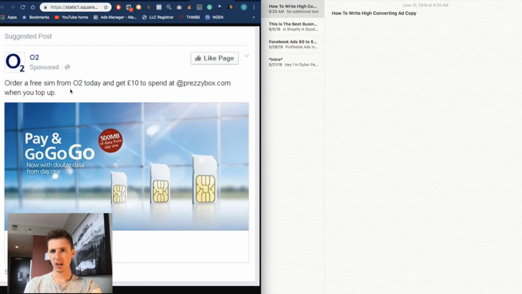Second, this would work as an offer. Let's say they drew me in, they explained that there's an issue with regular cell phones and the SIM cards in them or something, and they present the problem, and then they have a solution and whatnot, but then they use this as the offer. And I could see that working is, order a free SIM card from us today and you get 10 pounds